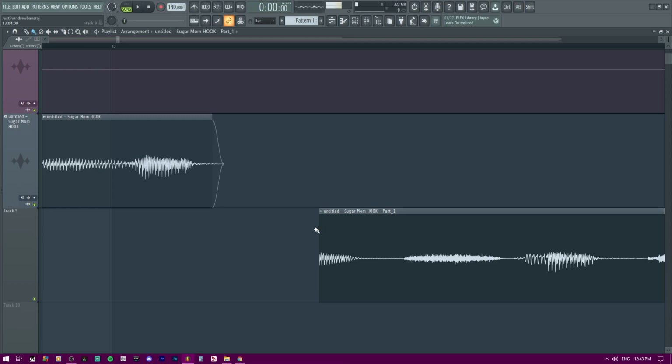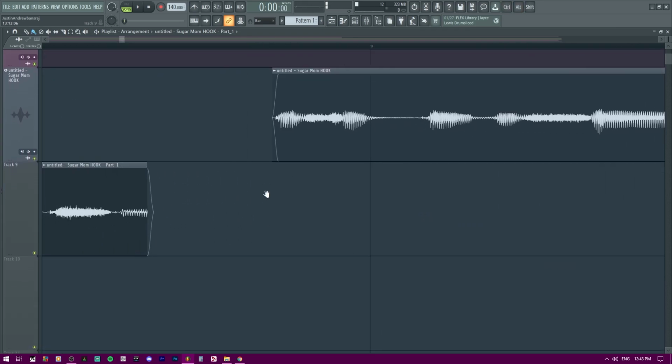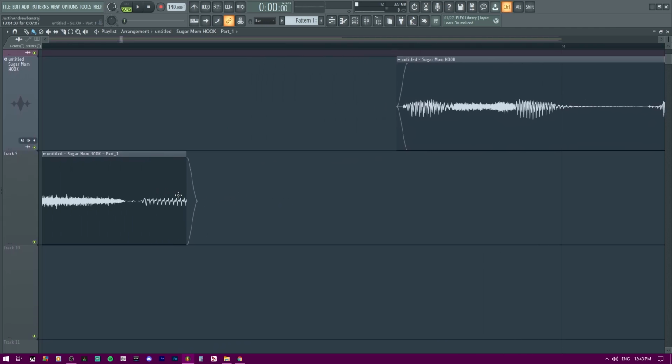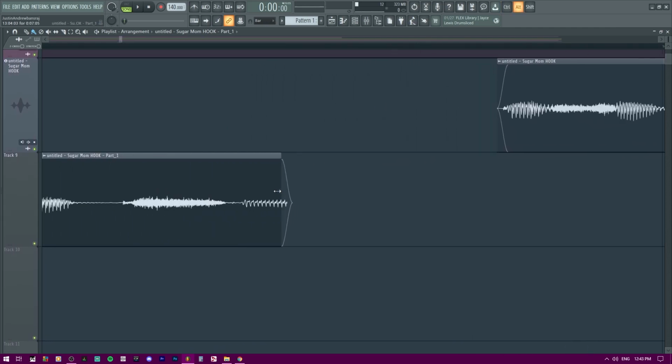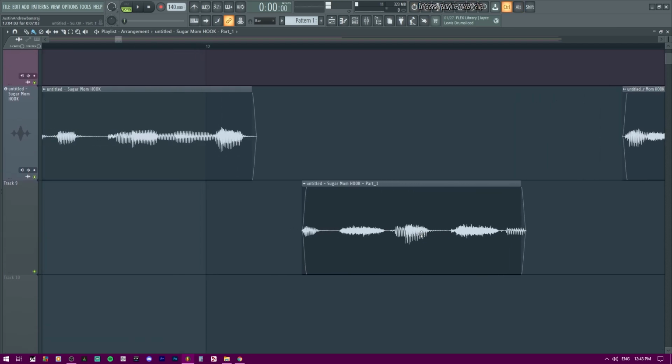Matter of fact, it cut out the spot where we wanted the end point to be and left it like that. So you're going to be forced to trim down the clip even more if you want it to have that declicking off. And let me go here, we have to fade it out even more rather than where it was before, which let me see if I could Control Z my way into that. There you go. Was that it?